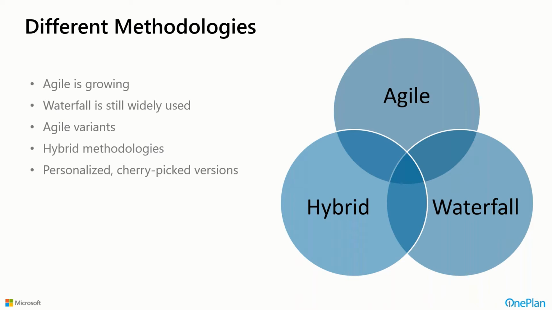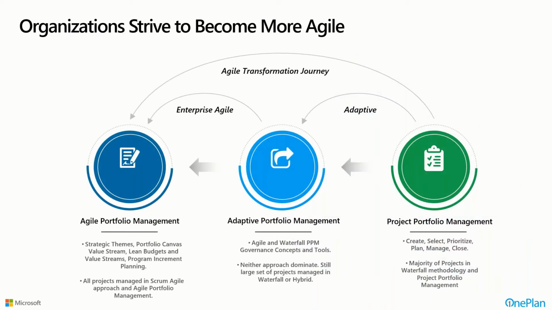And many people aren't purists when it comes to these disciplines. They may have personalized or cherry-picked versions that take portions of what these methodologies approach and use those because that's what fits them the best, meets them where they're at. Now, organizations today have increasing pressure to become more agile. And if you think about this diagram, looking at it from the right over to the left, traditional project and portfolio management with a more waterfall and traditional governance process is over in the green on the right. And some organizations actually are striving to become fully agile, moving all the way over to the left in that dark blue, and to do everything in an agile fashion, from portfolio management on through execution.